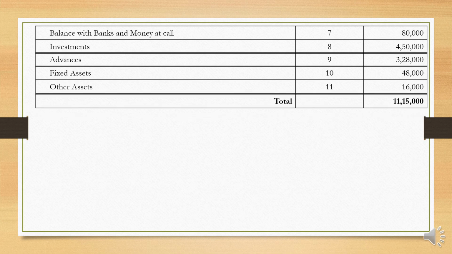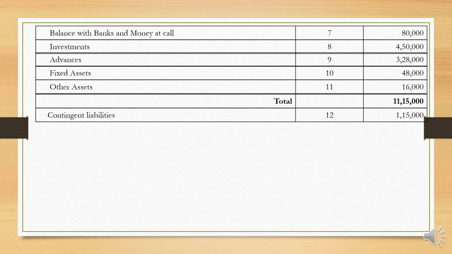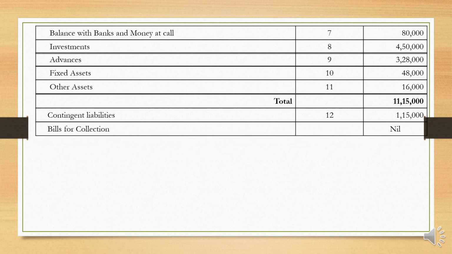The last item is schedule number 12. It is nothing but contingent liabilities, which is 1,15,000. Schedule number 12 is there just for namesake. It is not going to be counted for any of the items in the balance sheet. And one more item, bills for collection, should come here in the format, therefore I have written it here. This amount is nil here. If there is any item called bills for collection in the trial balance, that should be brought here under this heading. It doesn't carry any schedule, but it is there in the format, so we have to write it here.